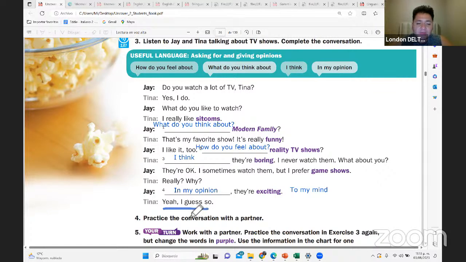And yeah, I guess so. ¿Qué es esto de guess so? I guess so. Sí, me imagino que sí. Exactly. Este so siempre lo tenemos que poner para decir yo supongo. Tienes que decir el so. El so es como si dijeras eso. Eso creo. Entonces, siempre se dice I guess so. I think so. Eso creo. I don't think so. No creo eso. Entonces, el so siempre como que va después del guess y think.